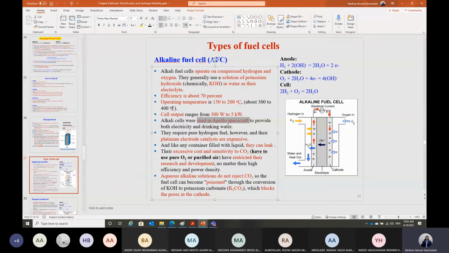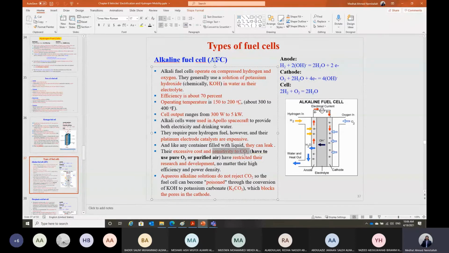In the Apollo spacecraft, it was used to provide electrical power and also some drinking water in space. So one of the uses of the fuel cell is that it can produce high purity water at the outlet. But one main disadvantage of this alkaline fuel cell,